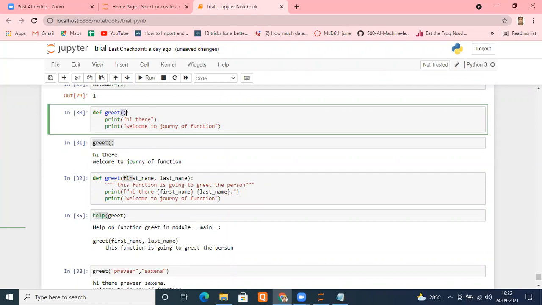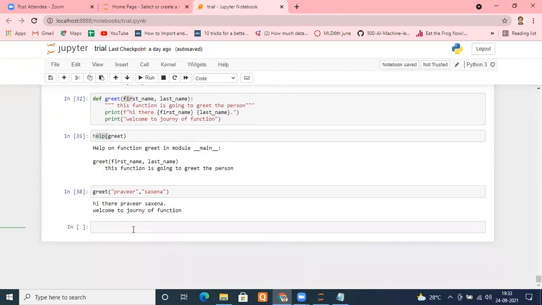If you want to take something from the user, then you have to put them. If you don't want to use them, for example, you want to write a passive code that just prints something, you don't need anything from the user. You can write any statement inside this that you want to perform, for example a print.